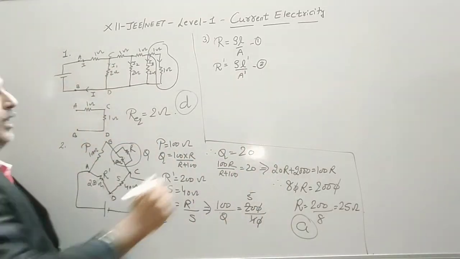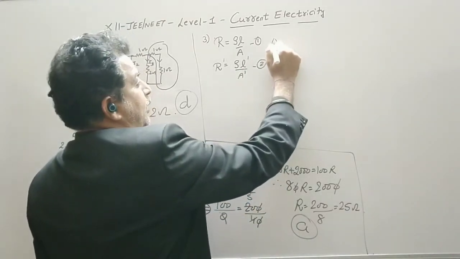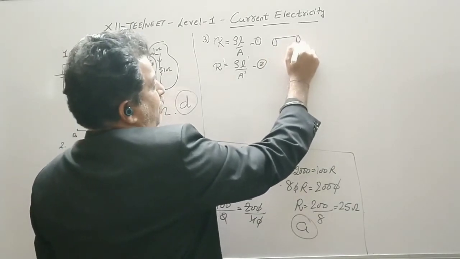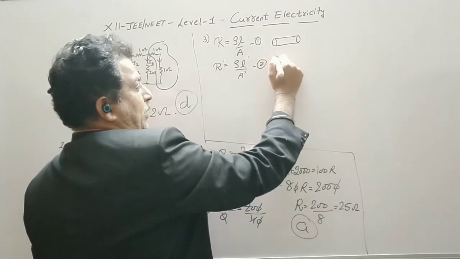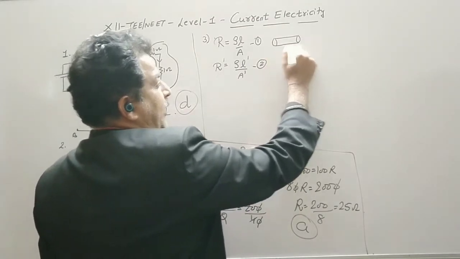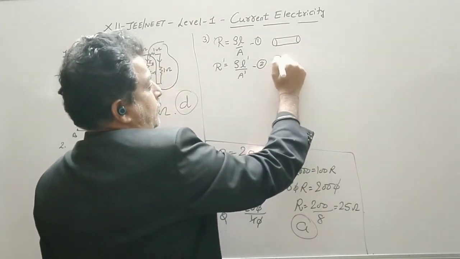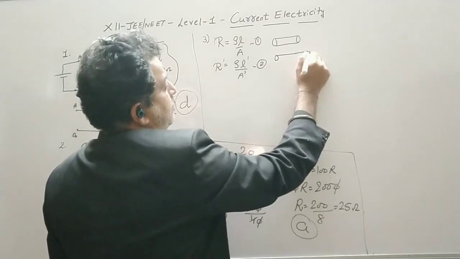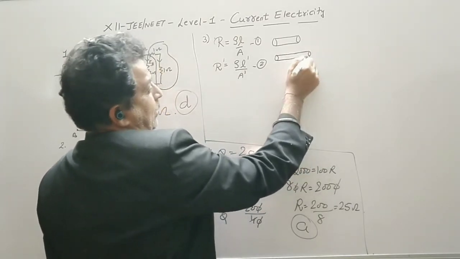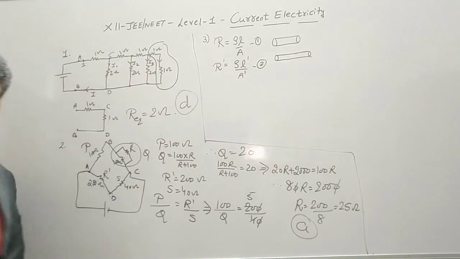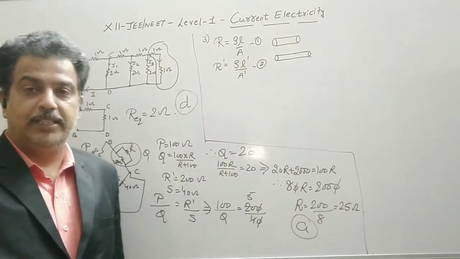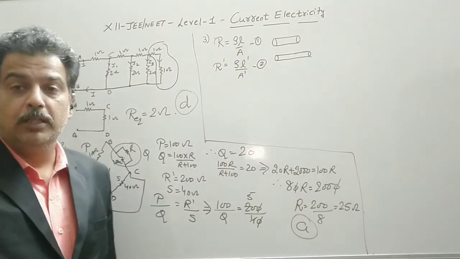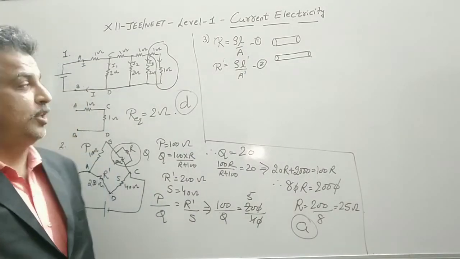Now it is clear that if we have a conducting wire in a cylindrical form, and if you increase or decrease its length, whatever is the condition, now if I increase its length, its area will change. The cross-sectional area will change. So as the length increases, the cross-sectional area will decrease in proportion to it, that we will see. But the volume always remains constant.